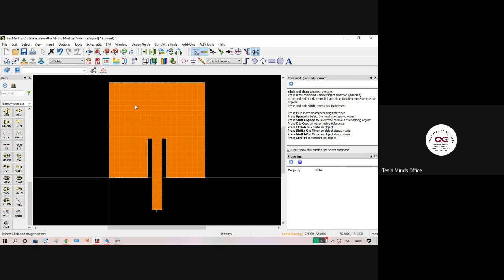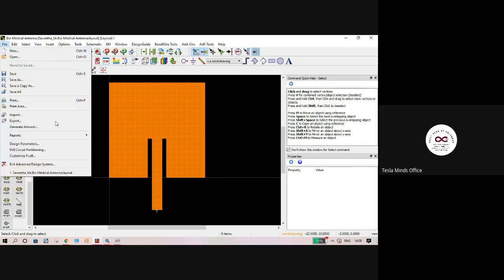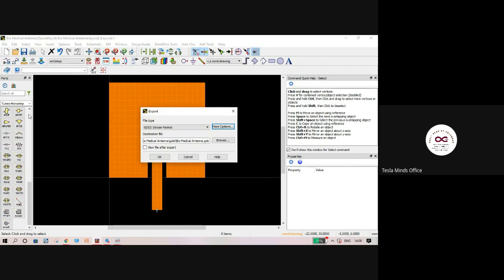So for that, I then have to export this design so that I can send it to fabrication. I have to go to File and click on Export. In the export window, depending upon which format your fabrication unit accepts, you have to ask them first, of course.